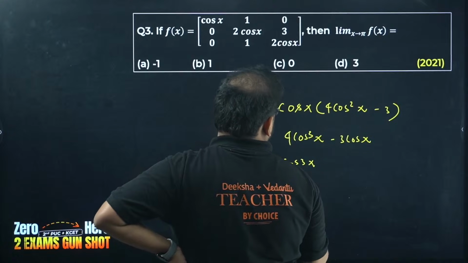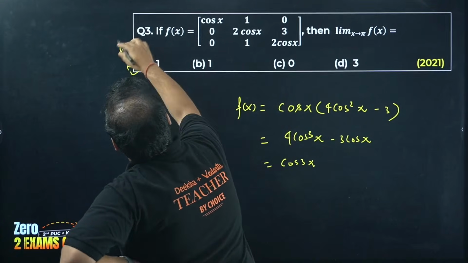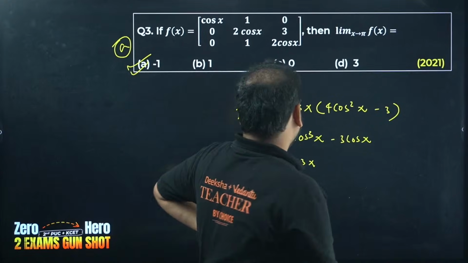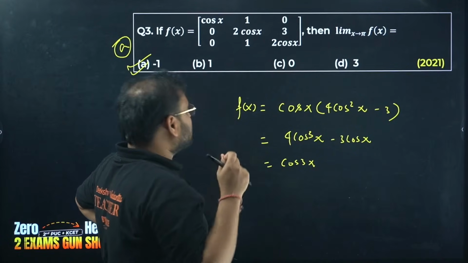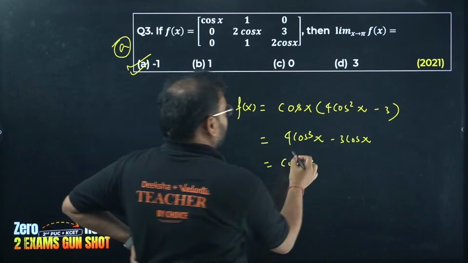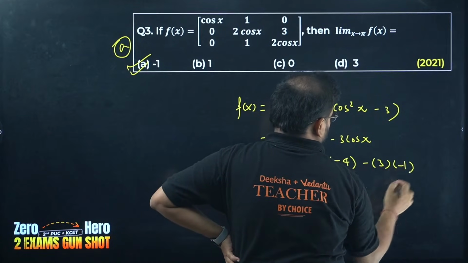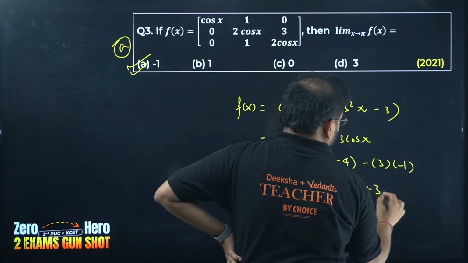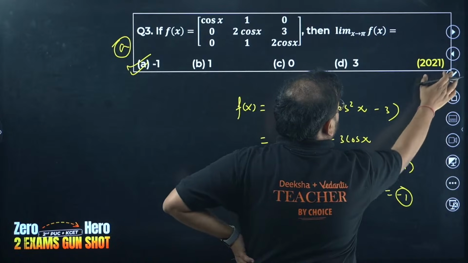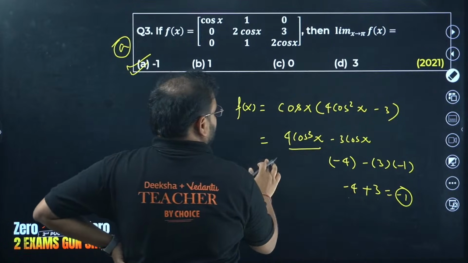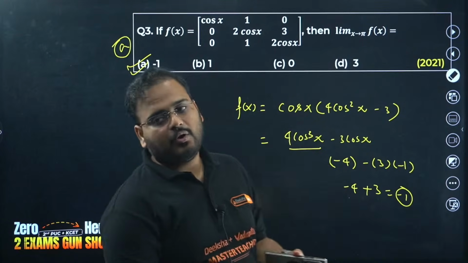So if you put 3 pi, the answer will be minus 1 only, no? Is the answer A, guys? Please check. So I get here minus 4 and plus 3. That's correct. If you put it over here also, it will become minus 4 and minus of 3 into minus 1. So minus 4 plus 3, the answer is minus 1 only. Your choice of putting the values. Even cos 3x you can put, or you can put directly in the limits if you don't know the formula. Either cos 3x is okay, or you can put it like this as well.